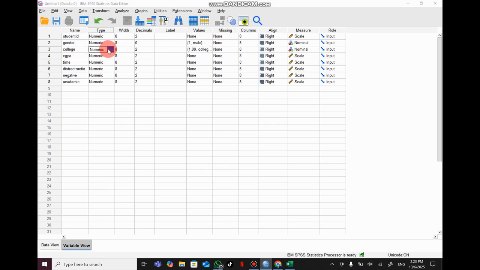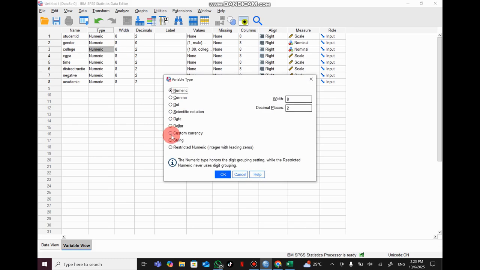Because we use text for college A, B, C, we change it to string, not numeric.